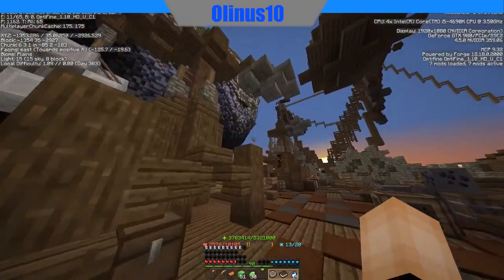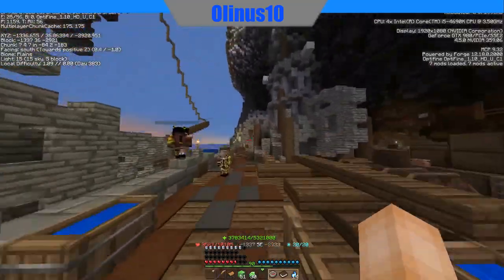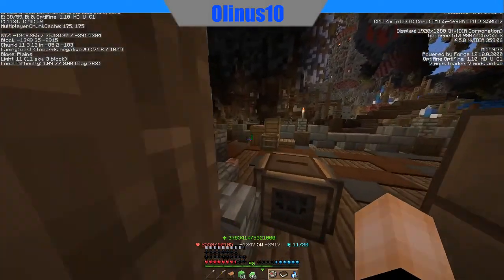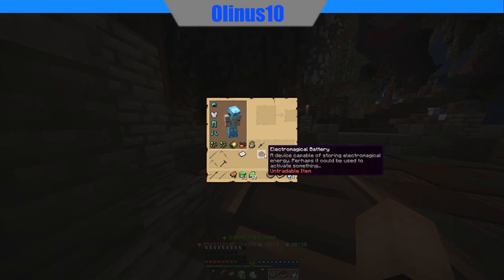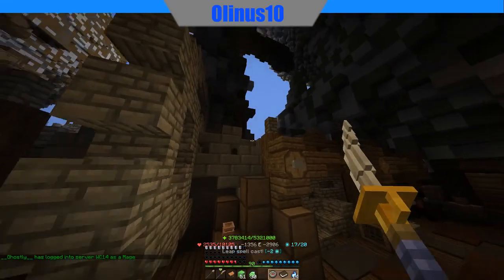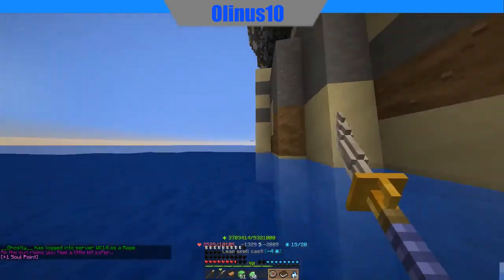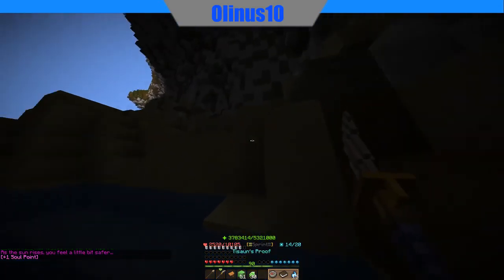Here are the coordinates for Corkus City, because you need to be here for a part of the way to get to the Easter egg. So we need to get one of these electromagical batteries. Let me just get up here, because we want to go up here. It doesn't matter what class you are, I guess, since